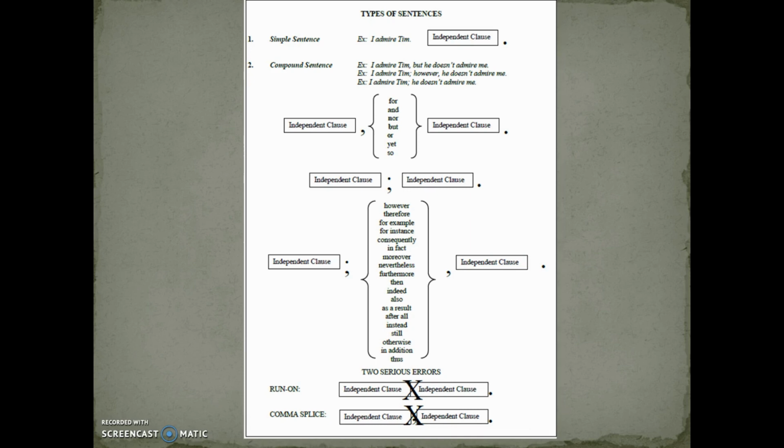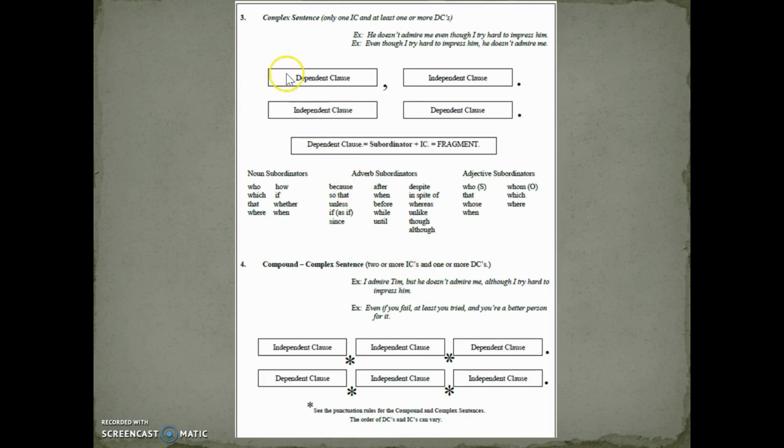Now, this is a summary of all 4 types of sentences. It gives you formulas, how to make a sentence, and it gives you different ways you can punctuate clauses, dependent clauses and independent clauses, and it also tells you how to avoid some mistakes in each type of sentence. And on the second slide of this summary, you see complex sentences, and you have 3 types of dependent clauses with complex sentences and compound complex sentence. Again, you have the formula and punctuation.